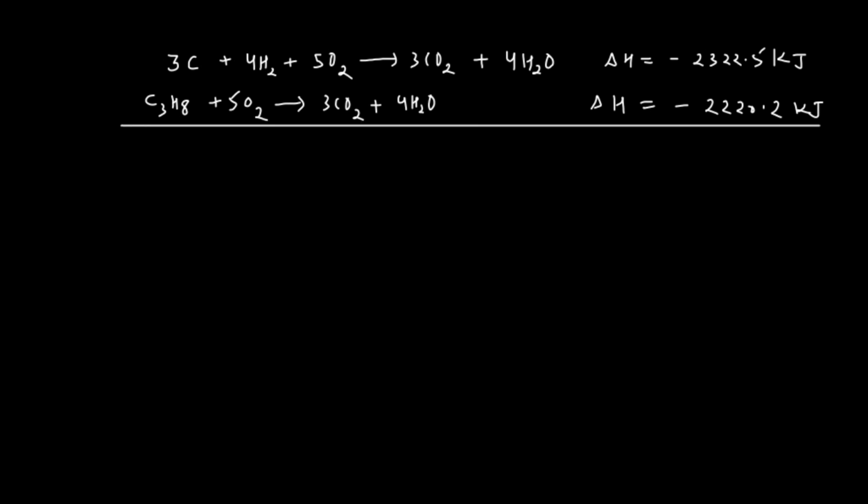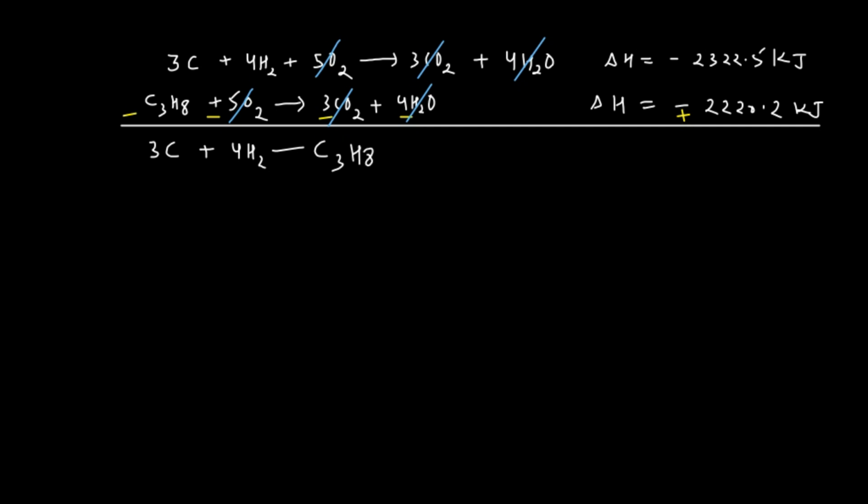So for the subtraction, I need to put minus here, minus here, minus here, minus here, and this would be your plus now, because earlier it was negative here. And then you can see here minus 5O2 plus 5O2 will cancel each other, 3CO2 and minus 3CO2 will cancel each other, minus 4H2O and plus 4H2O will cancel each other, and finally you will be left with 3 of the carbon combining with 4 of the hydrogen molecules minus